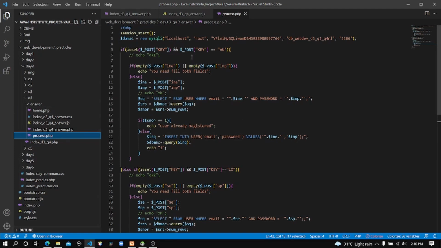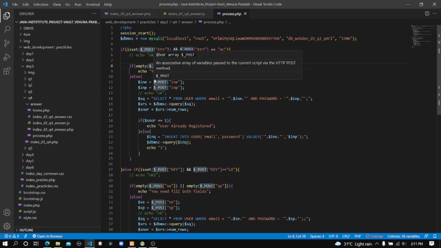Here we are in the process.php file. If you watched the previous video, you know what this file is. And here is the part, the code lines which are responsible for inserting or registering a user in my website. Here you can see the insert query. It will validate the codes within these lines.